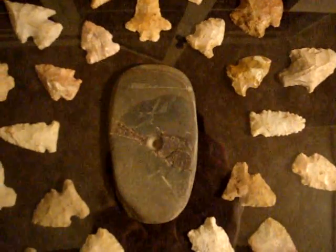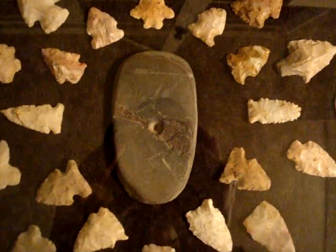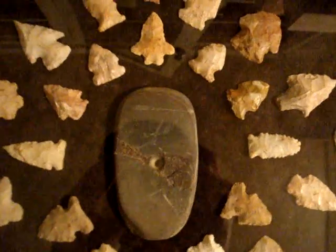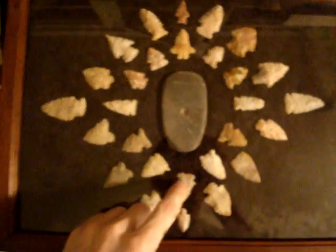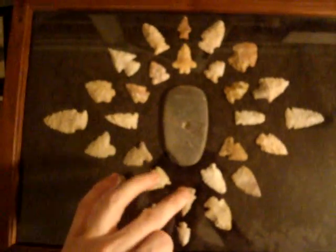I've been meaning to do this for a long time, so sorry for the delay. These are my personal finds from Montgomery County, Ohio. Let me zoom out as far as I can here. These all came pretty much from the same site, except for this one and this one. This one came from my uncle's, and this one came from a farm that's pretty close to these, where all